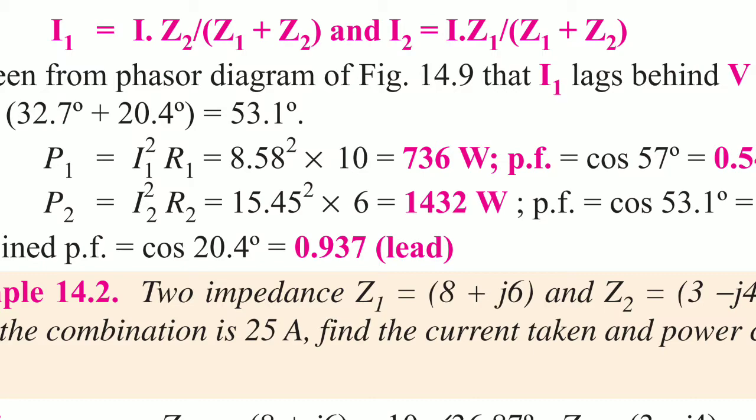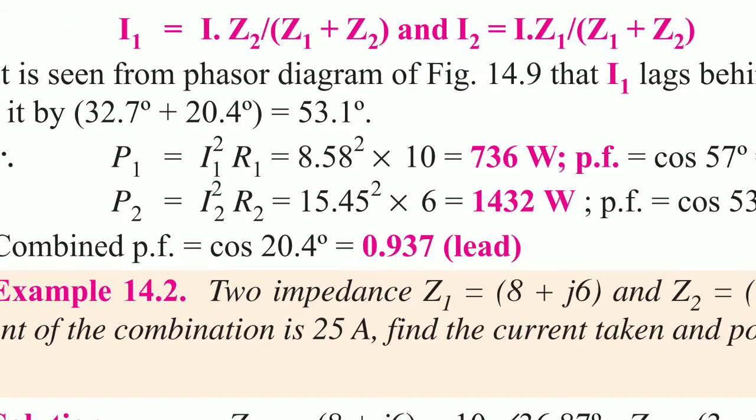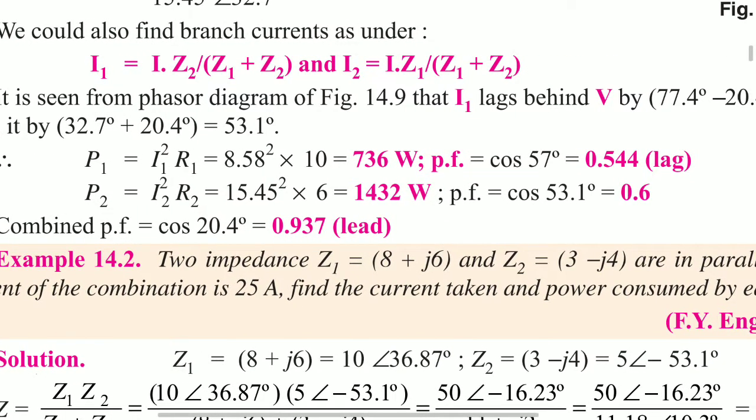From branch 2, the power factor is cos phi 2, which comes from V and I2. So 30.7 plus 50.4 gives 53.1 degrees. The power factor in branch 2 is cos 53.1 degrees, that is